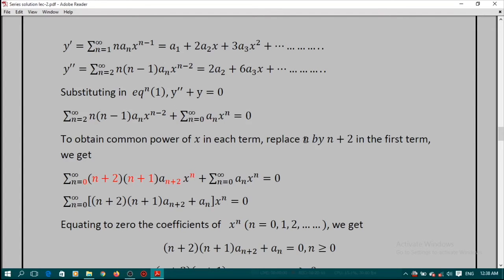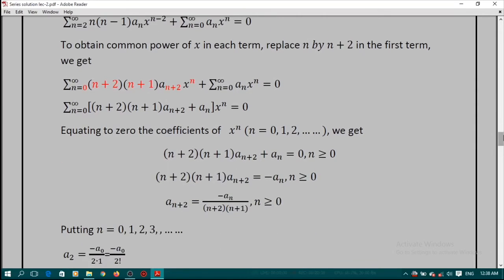Here we get summation n running from 0 to infinity (n+2)(n+1) a(n+2) x^n plus summation n running from 0 to infinity an x^n, that equals 0. Luckily here we get a common range of summation. So now we can merge these two summations. After merging them, we get summation n running from 0 to infinity in a bracket (n+2)(n+1) a(n+2) + an, bracket complete, x^n, that equals